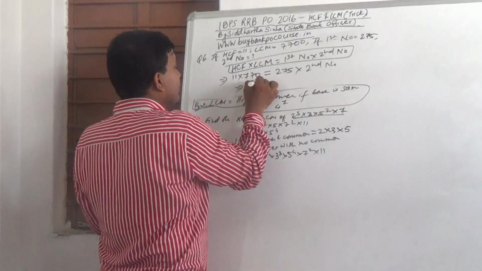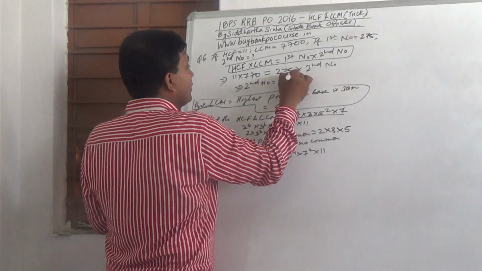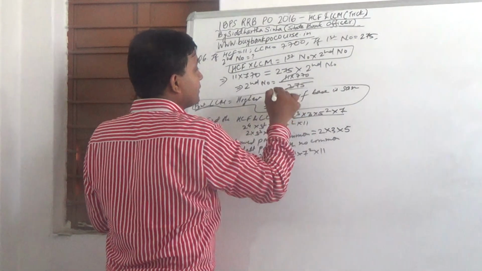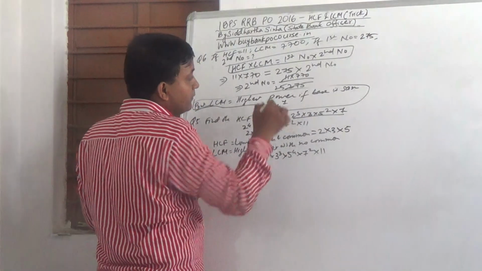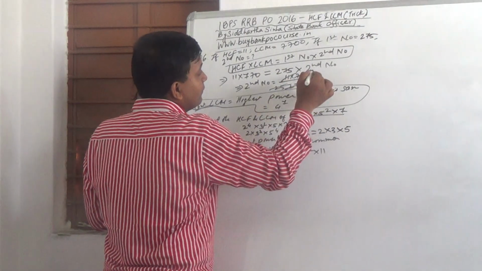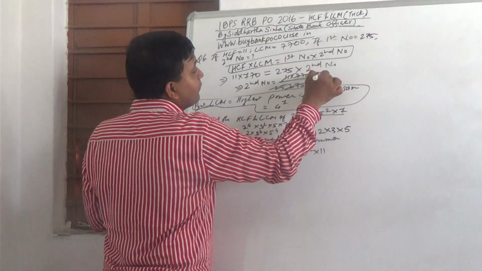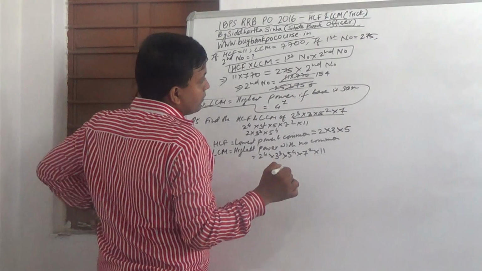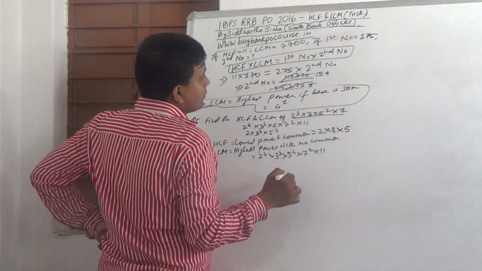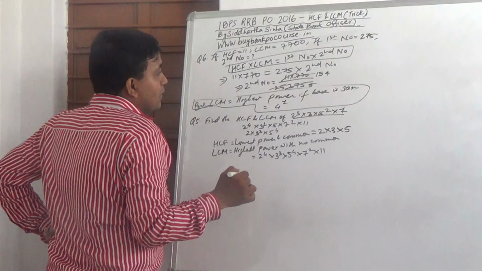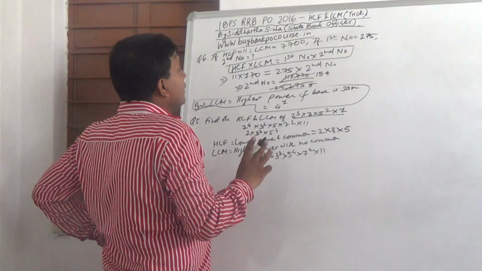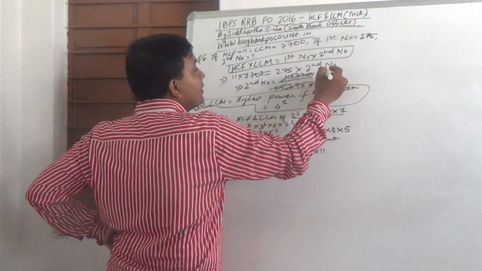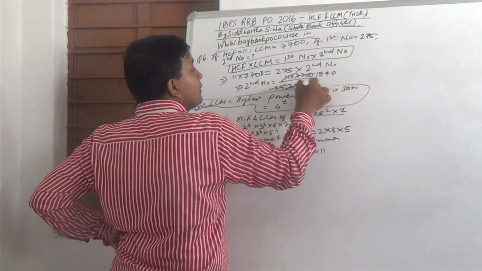Now the second number will be 11 multiplied by 770 divided by 275. Cancel it. 2 times 25. Right? Cancel it. So it's given 7700. So I made a mistake here. It's 7700. So it will be 0. Now cancel it.